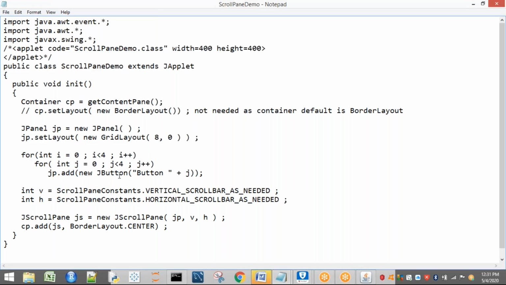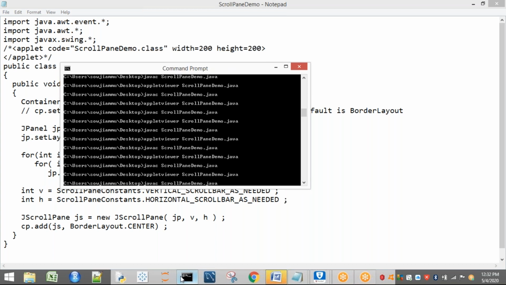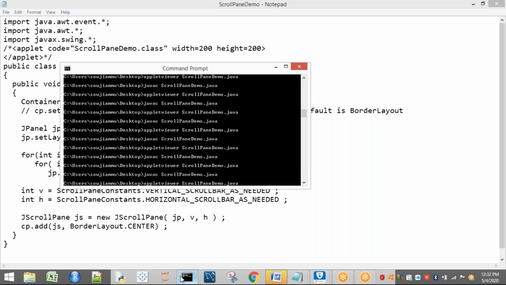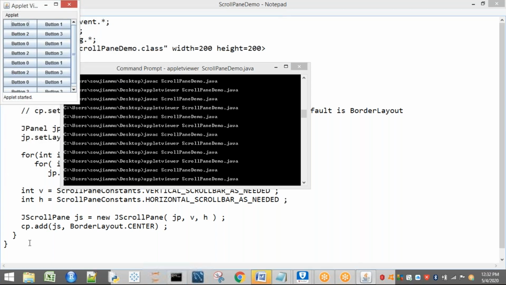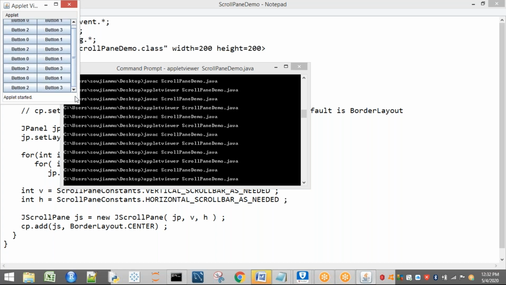So here we are going to get 4, 4, 16. Anyway, I will decrease the size of your applet so you can observe clearly. If I decrease the size of your applet, what happened? The visible area is going to be decreased. Then automatically components require some additional scroll pane. So now you can see only the vertical scroll pane. You can observe.